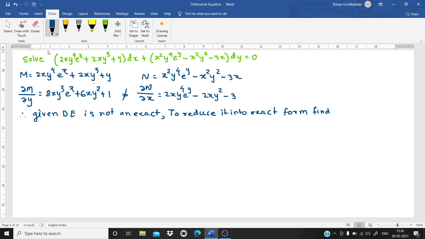find an integrating factor. So how will you find out the integrating factor? The first, whether it is homogeneous. Of course not. का नाही आहे? कारण e^x, e^y टर्म्स आल्या, त्यांची डिग्री कशी कॅल्क्युलेट करणार? So it is not homogeneous. Second rule, can we take y common from M? Yes. Can we take x common from N? Yes. But this example becomes little lengthy while calculating the Mx minus Ny. Is it? So second rule is applicable.